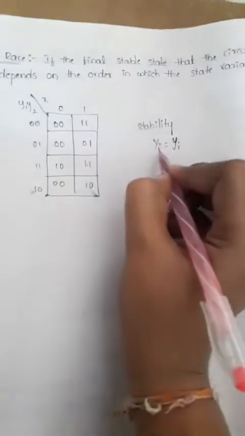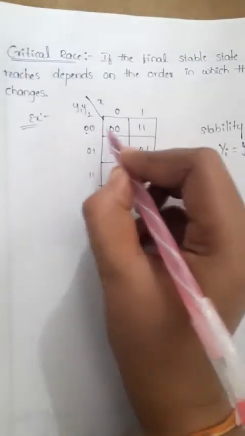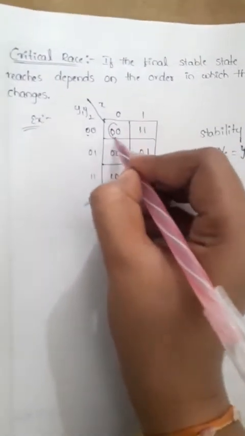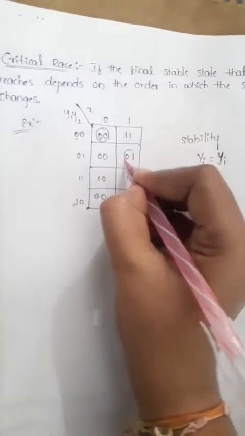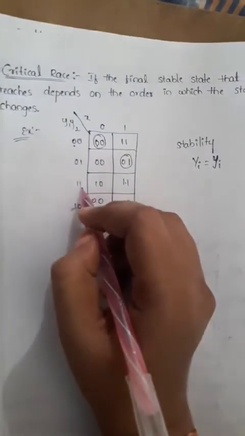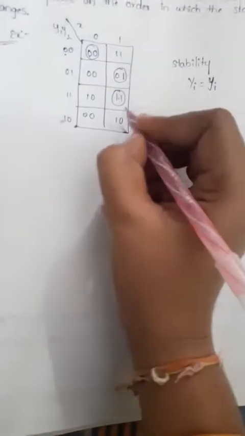So that means we need to mark the circles, whether the states are stable or not. If the present state is equal to the next state, then it is stable. So here 0 0 1 1 is unstable, and 0 1 0 1 is stable, and here there is no possibility, or here we will have the possibility of stable, and here 1 0 1 0. Okay, this is also one of the stable states. So each row consists of one stable condition here.